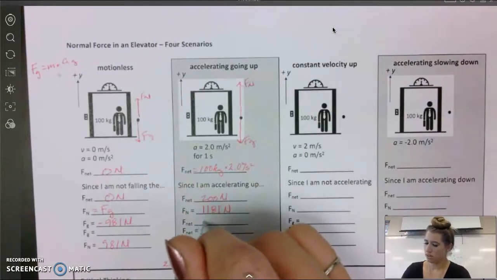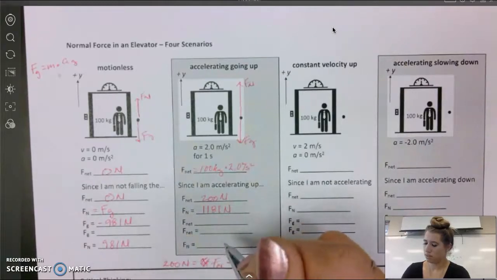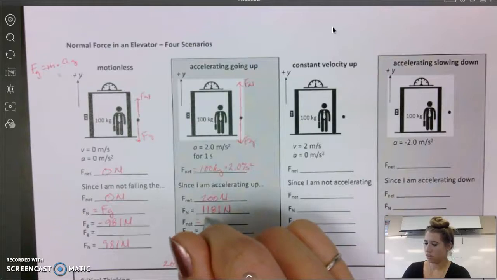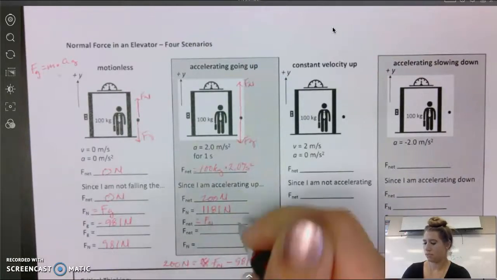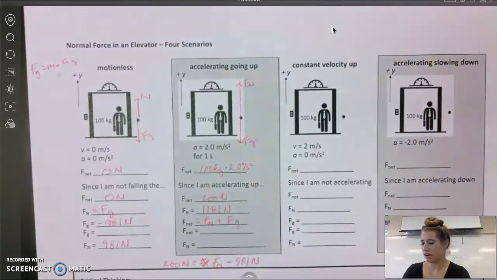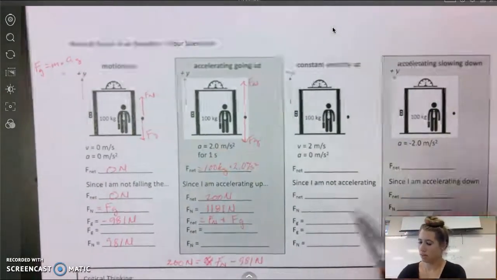Okay. Our net force is our force normal added to our force due to gravity, which was negative, and we've already said what that net is, and we said what the normal is. Okay, here